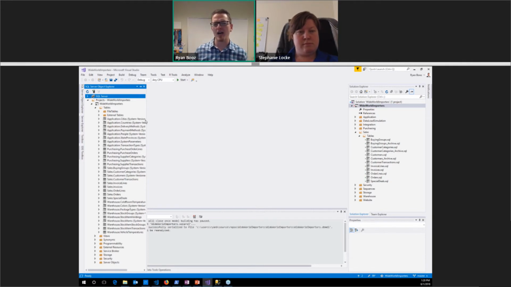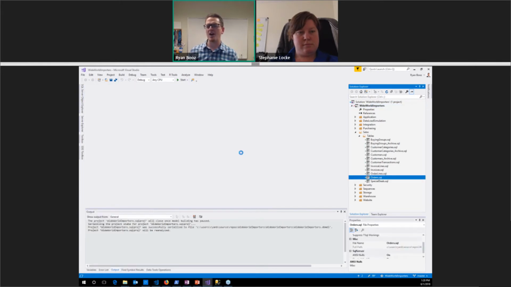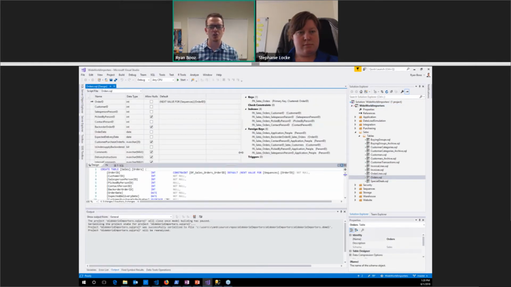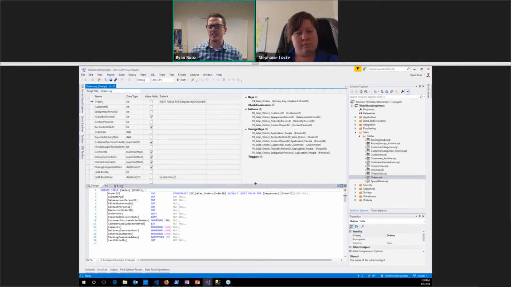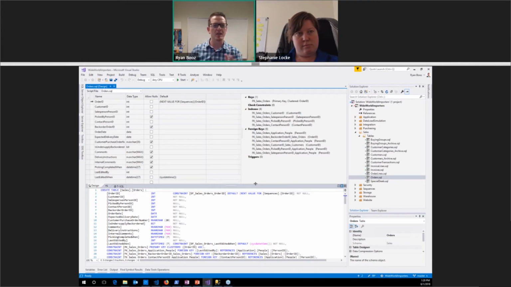And then the other thing I wanted to highlight here, just from a usability perspective, is how this allows you to navigate your source, your code, as an actual project now. And so when I am in SSDT, now table has a unique view in that you kind of get this 3-part view for a table. Most other things only give you kind of the script view. But all of these things are now objects, as it were.